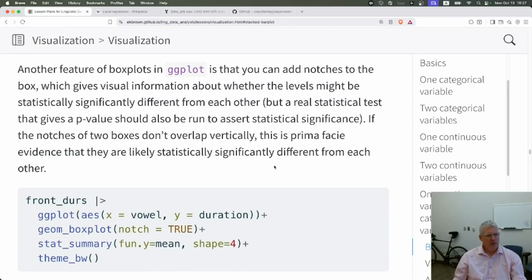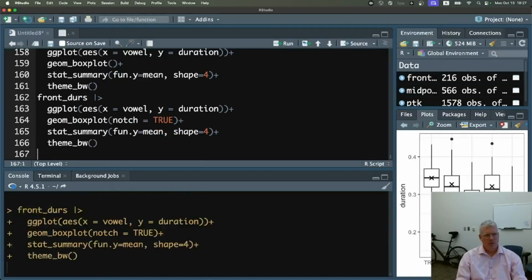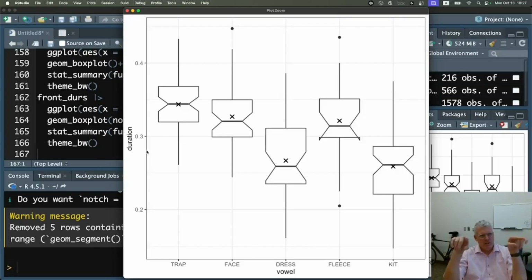With box plots, you can put a notch on the boxes with notch equals true within the geom_boxplot function. Let me show you what that does. This is useful as well. It puts little notches on the sides of the box, and this is kind of preliminary evidence to know if there is a significant difference between the boxes in the box plot, that is between the levels in